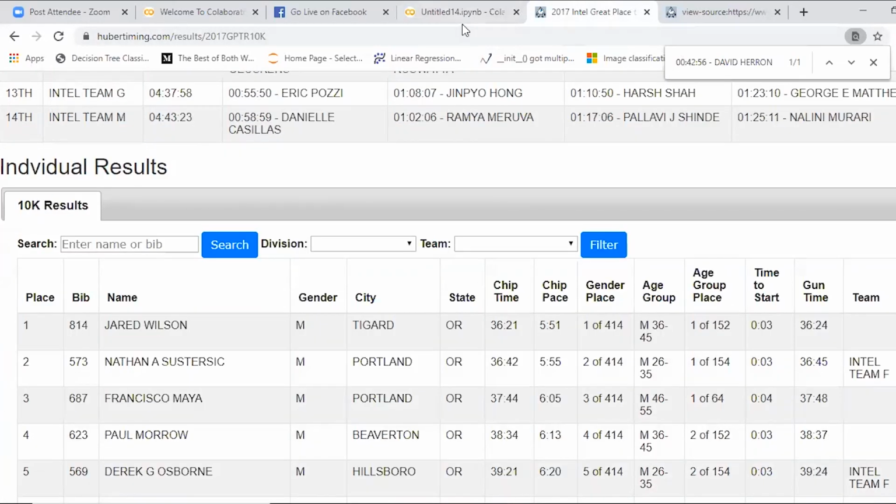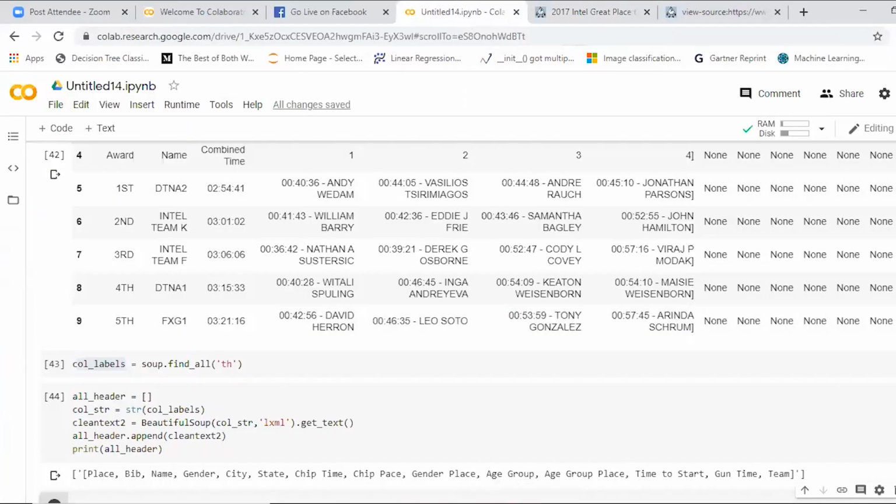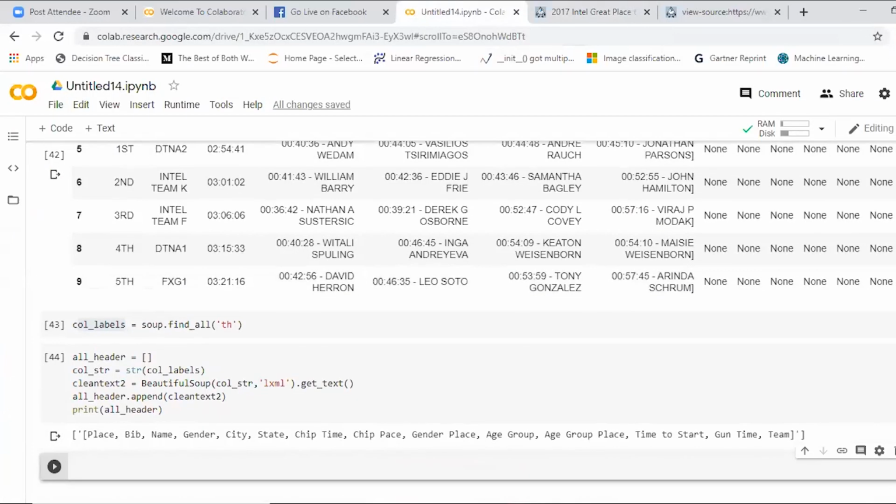So now our main concern is to make sure this has the column names of the individual thing. We'll assign that as column names, and we create that. We concatenate both the data frames. Yes, did you get this thing? All the header names: place, bib, name, gender. Then we use the split function again to remove those things. We follow the same steps. You just follow the similar procedure.